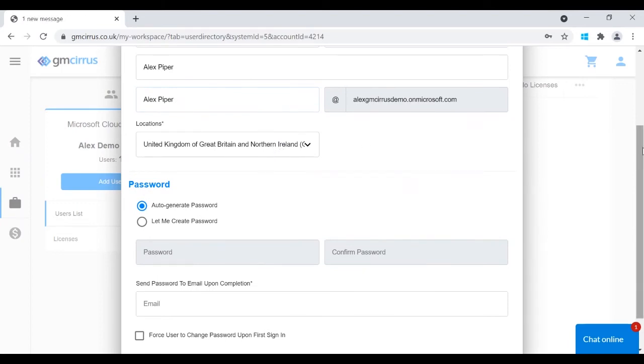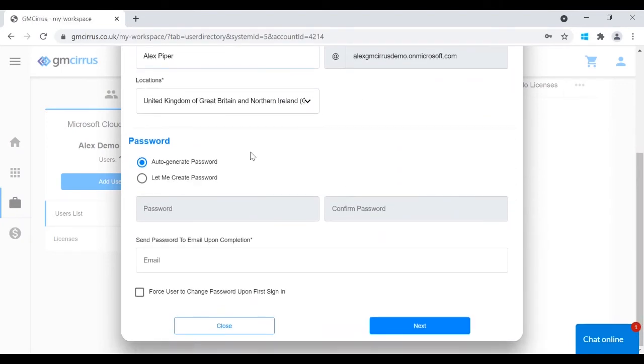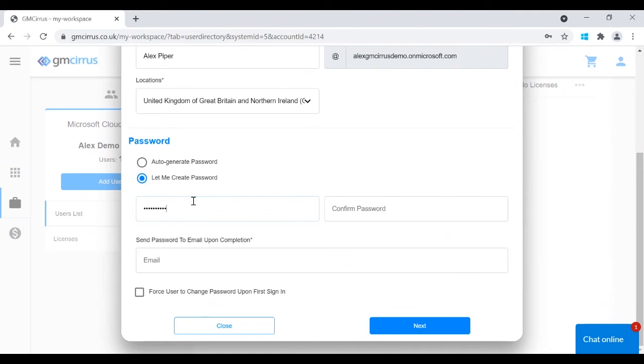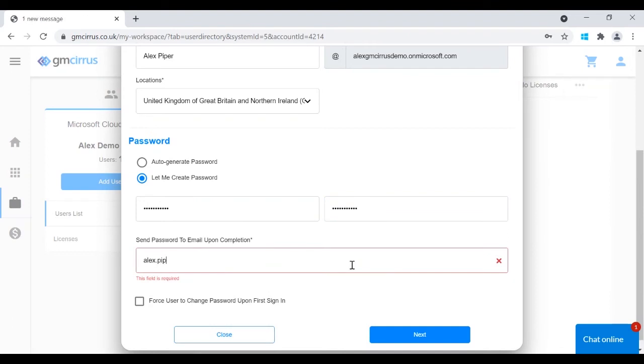In this case, it's the United Kingdom. And then what you have is the password. So you can either auto-generate a password or create a password. You just need to put in here the email that the password's going to be sent to. So in this case, I'm going to put in, I can then click next,